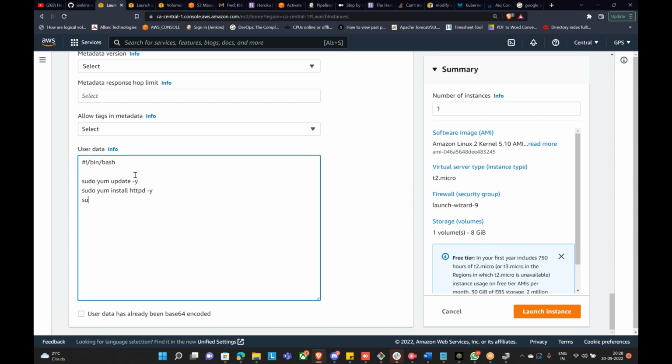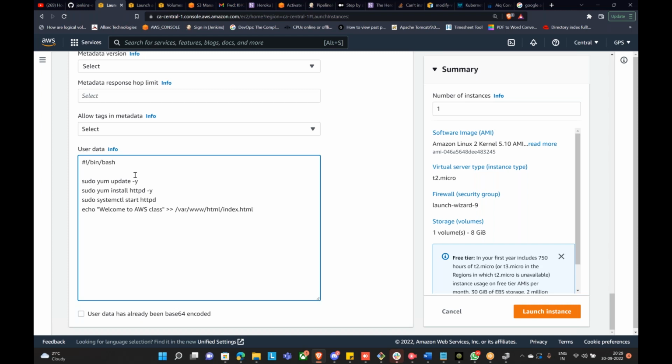Okay, and sudo systemctl start httpd and then echo welcome to AWS class. I'm just trying to print one line to our web page. Okay, that will get displayed. So under /var/www/html, then index.html,